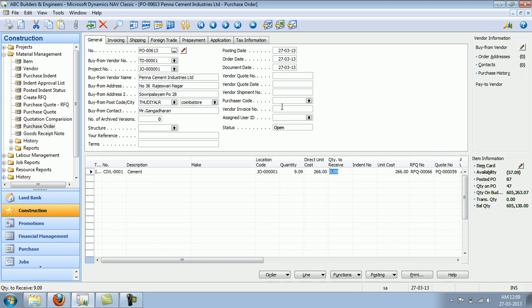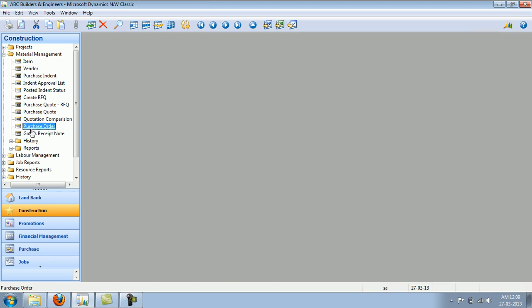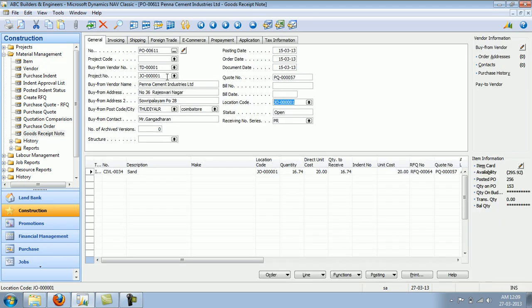Once a purchase order is released, the next step would be to receive materials against the purchase order. I can pick up my particular purchase order and specify the quantity to receive. For example, if there is a short receipt, I can specify it. So the purchase order will be kept open for future receipts. I need to specify the invoice number and I can say post